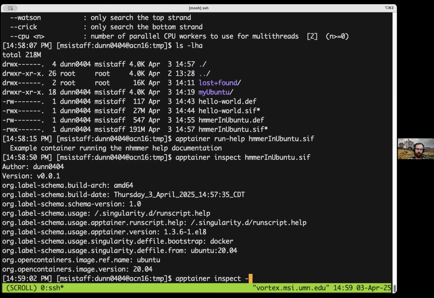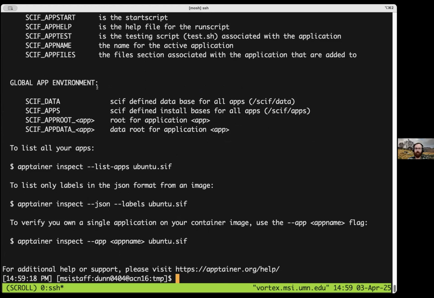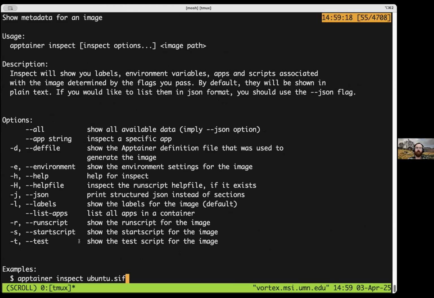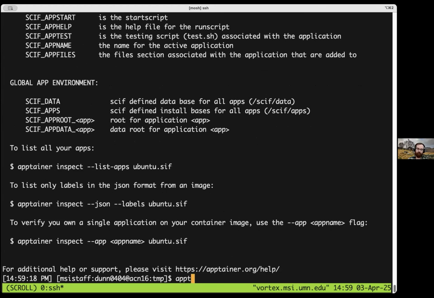And I don't use apptainer inspect a lot, but if we check the help here, we can see that there are some options to expose some additional components here. Like I could get the def file back that's stored internal to the image, or I could look at the environment. I could say apptainer inspect -d hammer in ubuntu.sif,